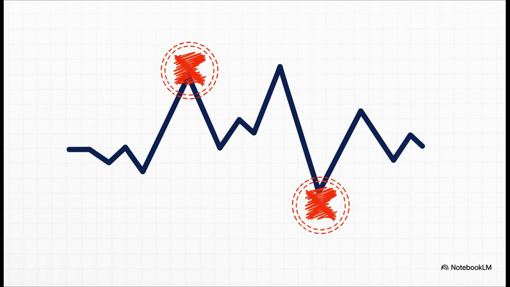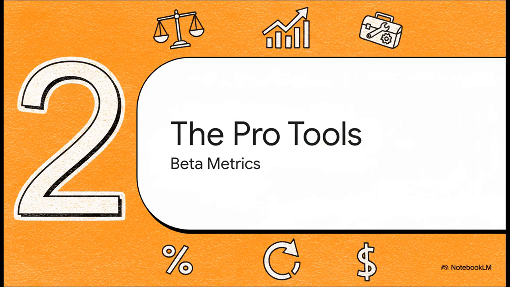The Sharpe ratio has a blind spot. See, it treats all volatility as bad. So a massive unexpected jump in your portfolio's value gets punished just as much as a massive crash, because both create turbulence. It's kind of like a teacher penalizing a student for getting a surprisingly high score on a test. That just doesn't feel right, does it? And that very limitation is exactly why we need more specialized tools. So let's move on to the pro tools and see how they solve this problem.